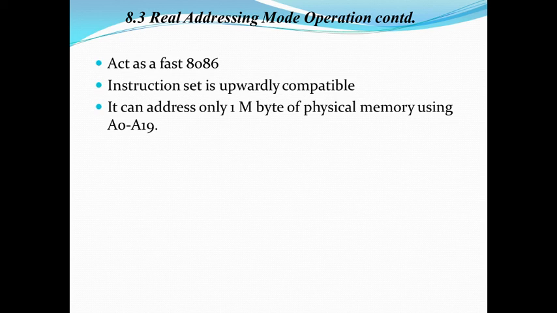The 80286 reserves two fixed areas of physical memory for system initialization and the interrupt vector table. In real mode, the first 1 KB of memory, from address 00000H to 003FFH, is reserved for the interrupt vector table. Also the addresses FFFF0H to FFFFFH are reserved for system initialization, which is where we store the operating system and so on. The program execution starts from FFFF0H.